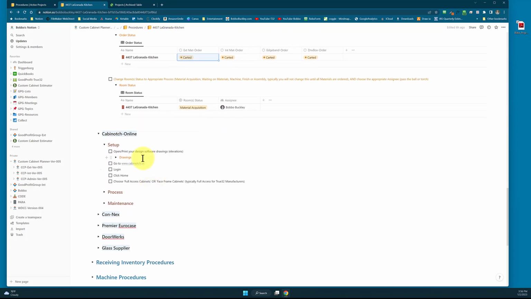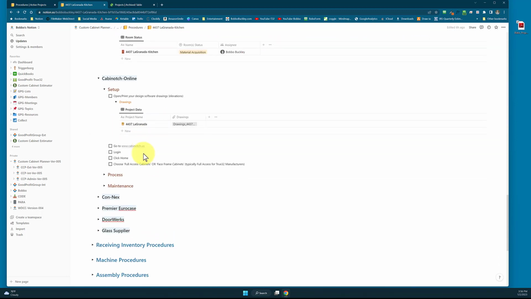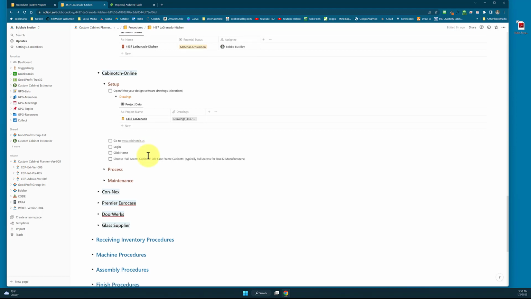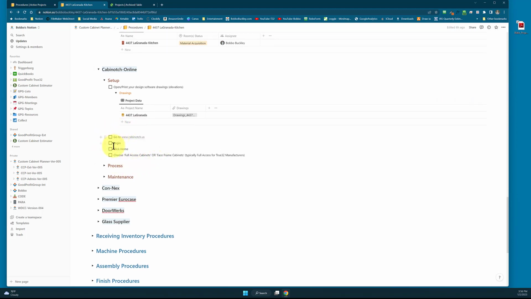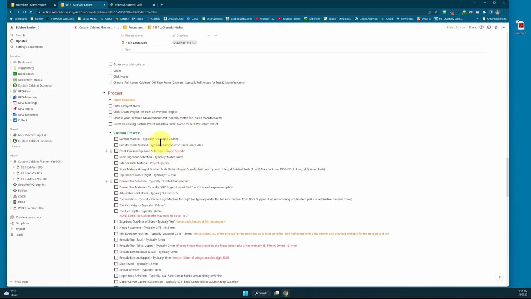is a different system. So we do have a portal into the drawings here because we're going to need the drawings to order using the online system. We're going to have something to base our order off of. And so we go cabinet by cabinet by cabinet on the drawings and enter those in. And again, I've given you kind of the instructions on about how to do that. First step of getting ready to place your order,